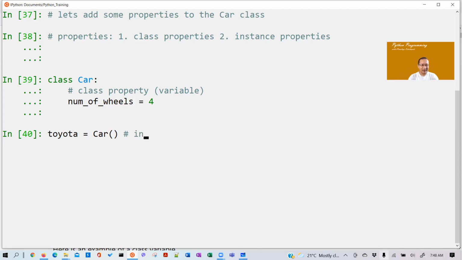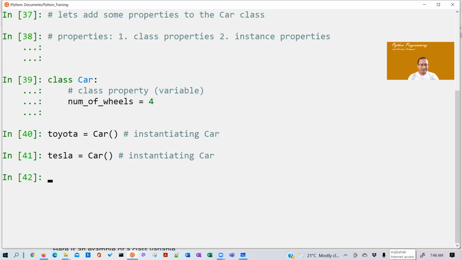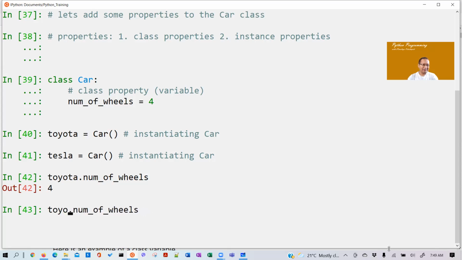I'm instantiating the car class. Okay, with that, let's do this. So I created two instances of the car class, a Toyota and a Tesla. What if I do Toyota dot number of wheels? It gives 4. Likewise, if I do the same thing with Tesla, of course